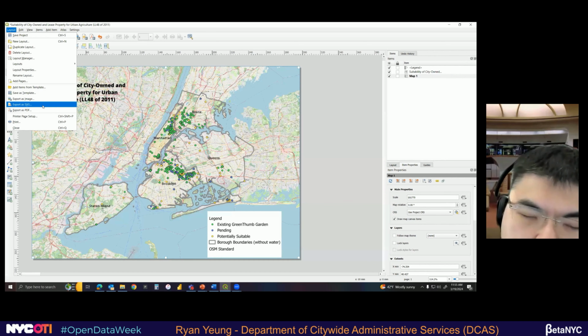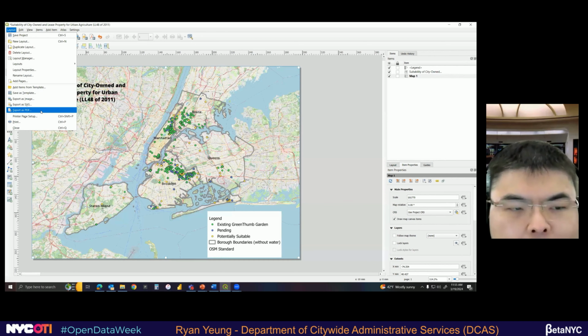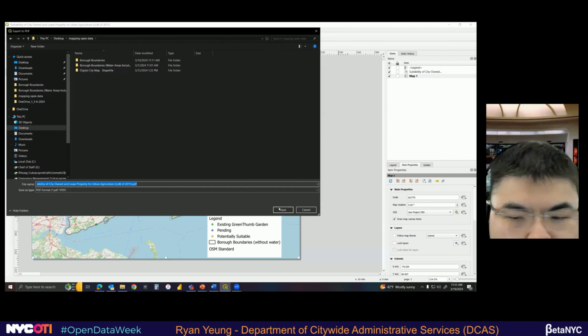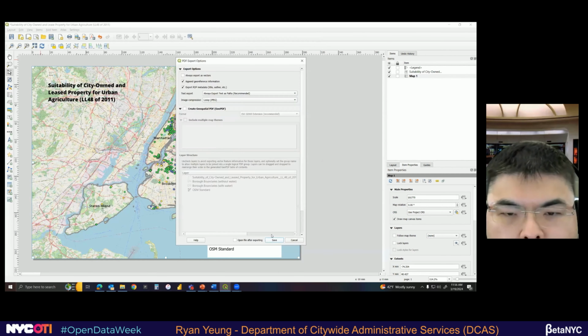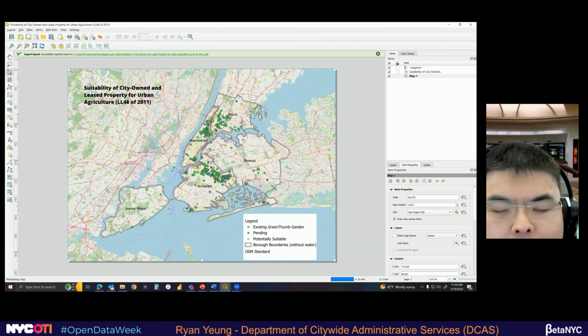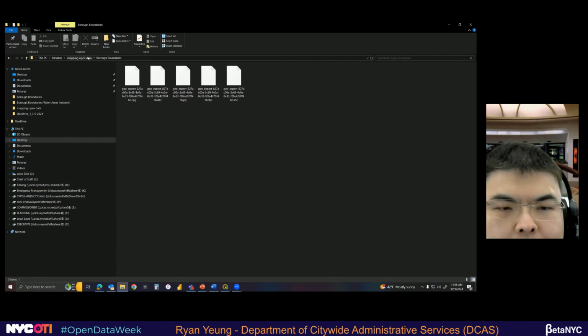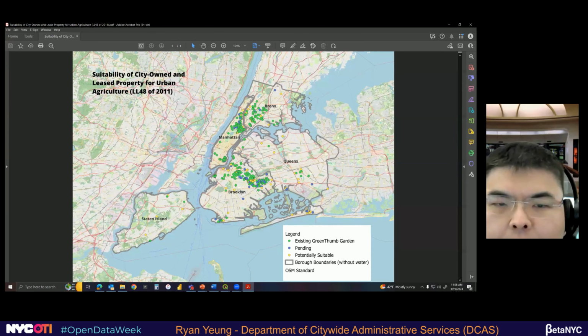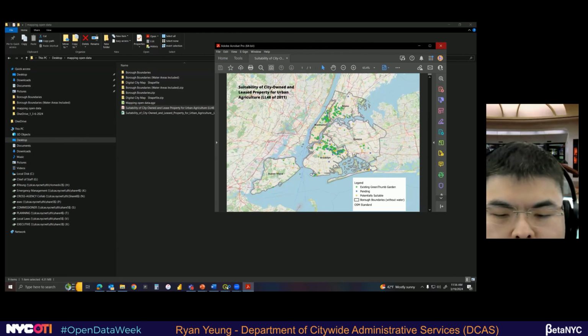You can export it as an SVG or a PDF. Let's do it for a PDF. And this here, save as that. Click save. It will export. It was successful. Let's see what it looks like. Hey, not bad. Not bad for less than 1 hour. And the price was right.